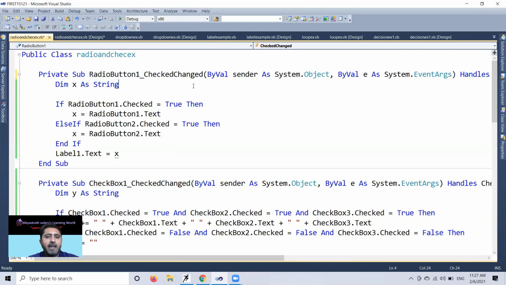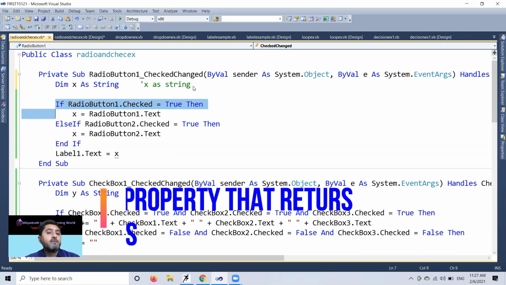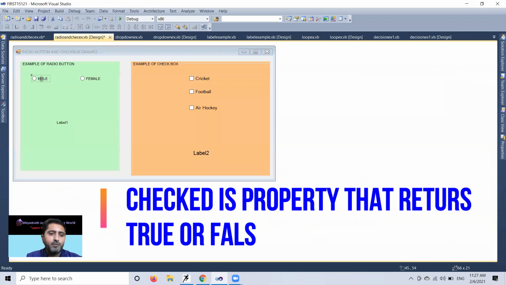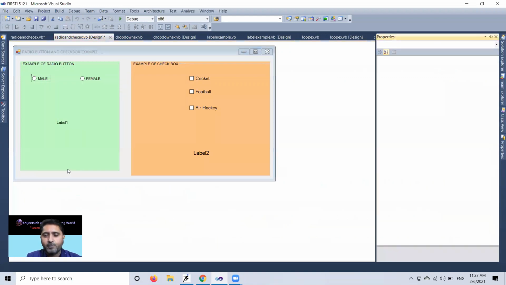I declare one variable x as string. Then I put one condition. If RadioButton1.Checked equals True, then x equals RadioButton1.Text. And you know very well, this is my radio button 1 and the Text property is Male.